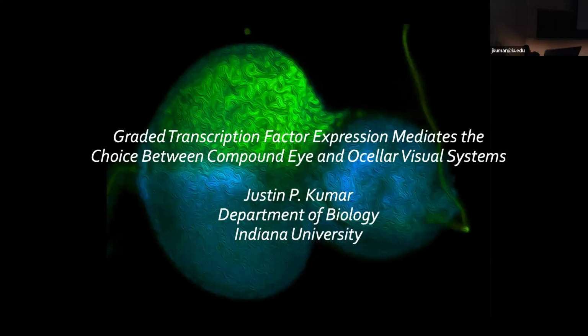So what I'm going to do is try to tell you a story today about how you can get 2 different organ fates by simply manipulating a very common gene regulatory network. Just changing its levels up and down can actually switch the fates between these 2 organs. That's somewhat unusual because you normally think of 2 different organ fates as having 2 different gene regulatory networks with different combinations of transcription factors and signaling pathways. But we stumbled onto one where it's a common pathway that is used just at 2 different levels to give you 2 different things. So I hope by the end of this, you're convinced by that story.